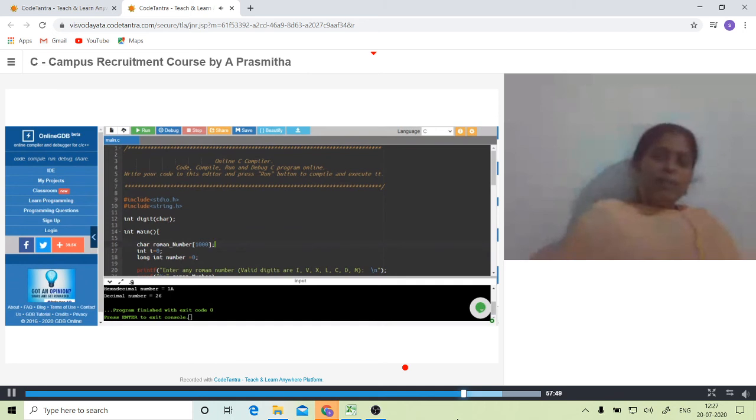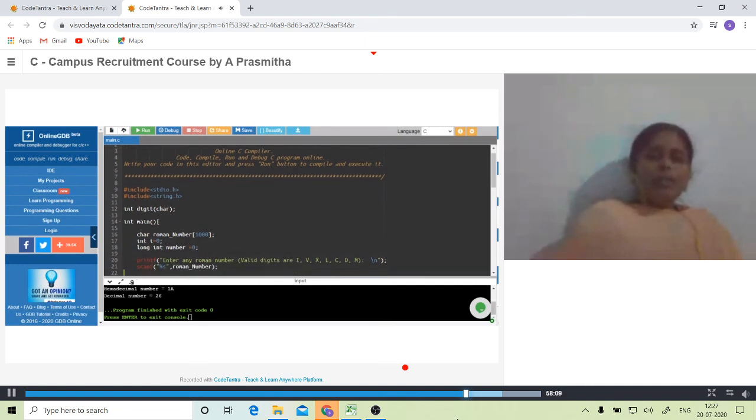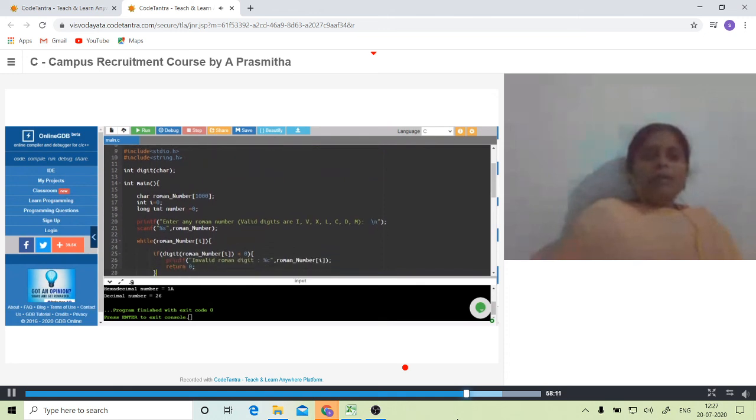As of now, remember, whenever I call that name, it will go and execute the code over there. So here we are taking the Roman number as a character array, which is initialized with 0, and a number is a long int data type which is also initialized with 0. These are the Roman letters, which can be stored as a string. It is a character array, so we are taking it as a string.